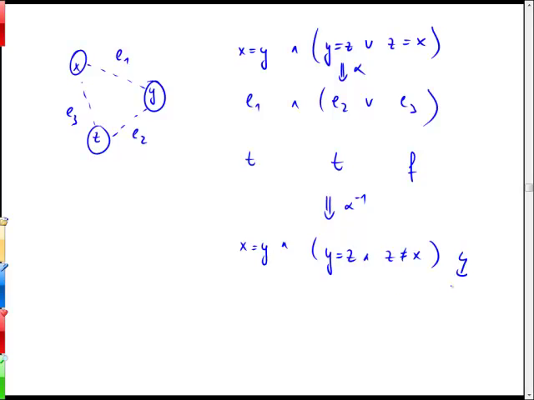That means the solutions are not one-to-one, but I only want to have satisfiability equivalence. And since my equality E3, x equals z, appears only positively, I know if there is a satisfying solution for this Boolean skeleton,